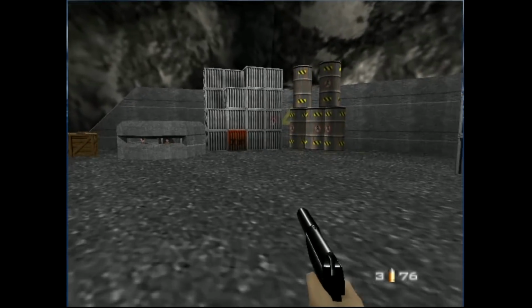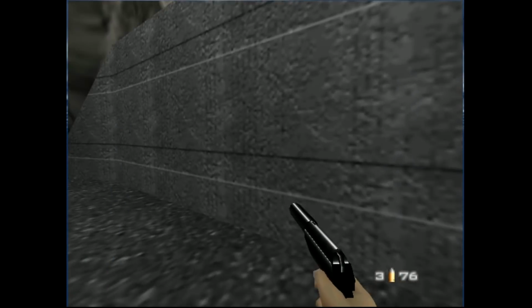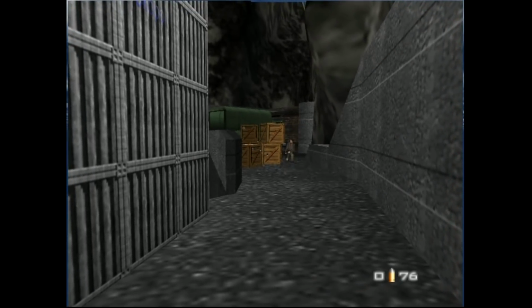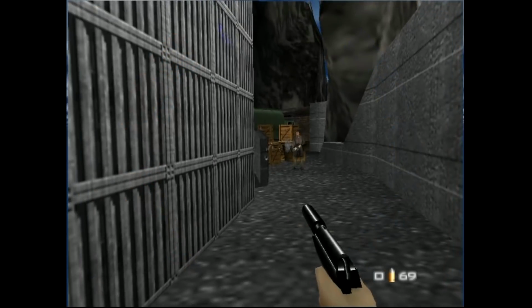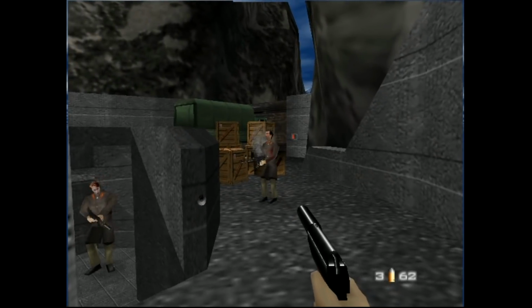We got these guys over here. Can we blow that? I think we can blow it. Come on, reload. Kill that guy. How come he's not exploding? This guy is kind of...